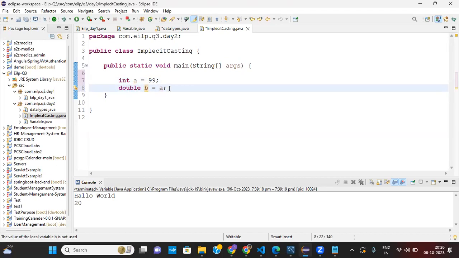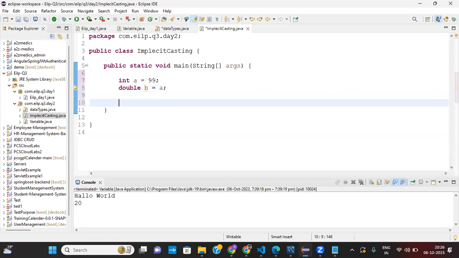Now, if I print this, let's say we are printing a and b. Okay, so let's run.